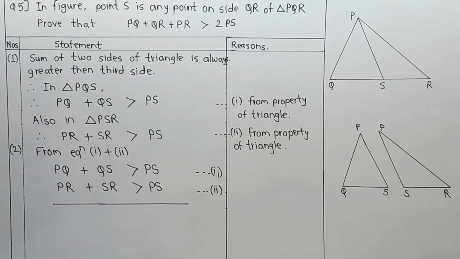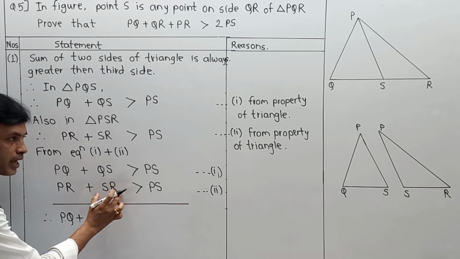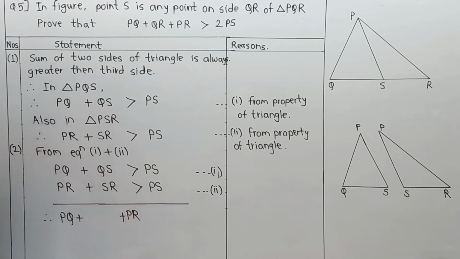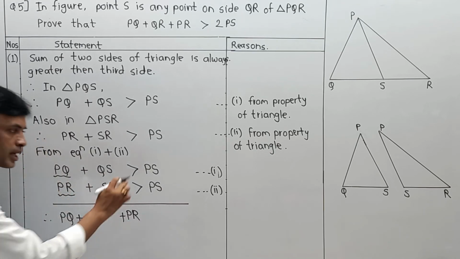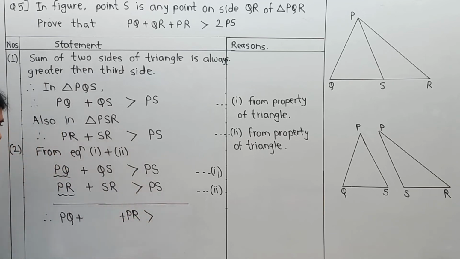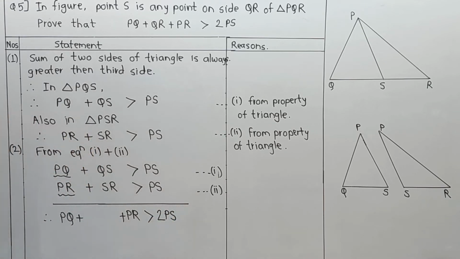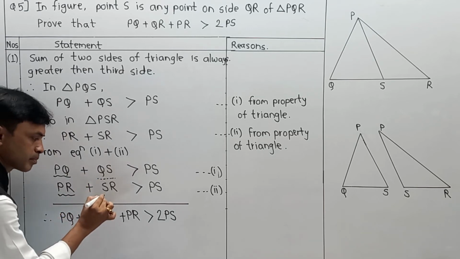Now one by one, there is an additional part that we have to understand. PQ is as usual over here, plus PR, it is over here. Now why I am writing this, please try to understand. I have taken PQ over here, next PR I have taken over here. Greater than means this part remains as it is, and PS plus PS becomes 2 times PS. Now I have kept the space for QS plus SR.